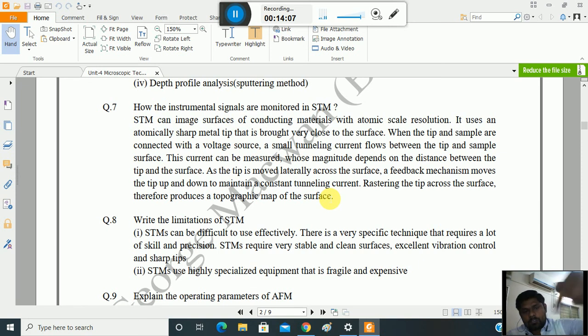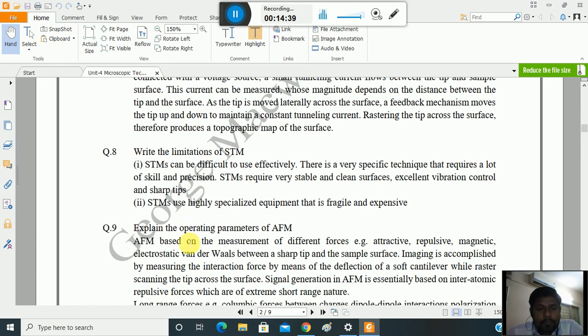From this direction, move down. It's like this. If I want to analyze the surface, then the tip analyzes the surface like this, in that direction, then it moves downward, then scanning, then downward, scanning, then downward, scanning. That means the whole surface is analyzed, and that pattern is known as a rastering pattern.